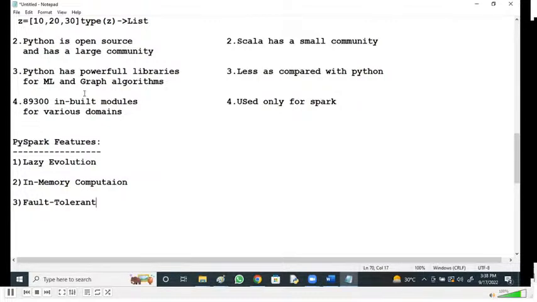Suddenly, if any slave machine goes down, then data is lost, and also the task fails, which means the job fails. To overcome these things, we have a powerful fault tolerance model where Spark can recompute the things by itself and give the result back. I will discuss fault tolerance in brief later.